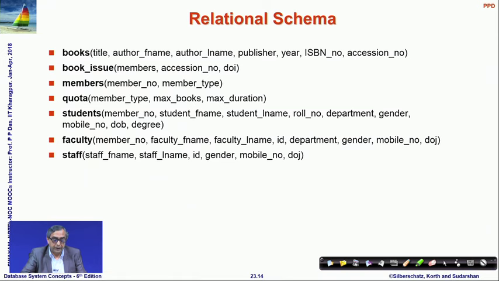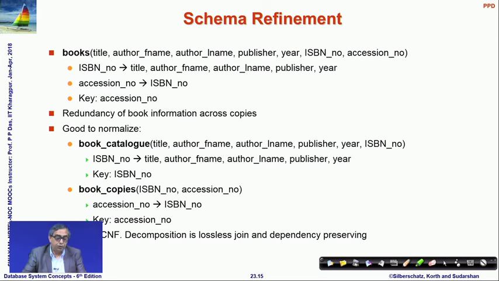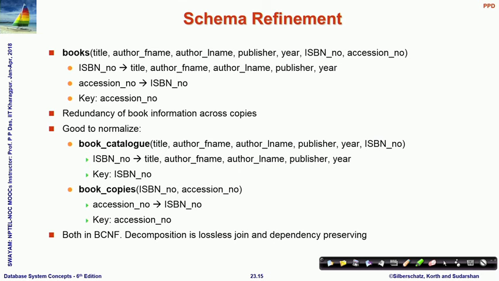Having done this, the next task would be to work on the refinement of the schema. Now the first relational schema is available, so we have to apply all the different notions of relational design to refine and finalize it. For this, we will take every relational schema, identify the functional dependencies and use them to identify the key. So, if I look at the books